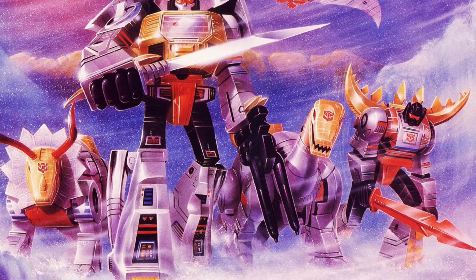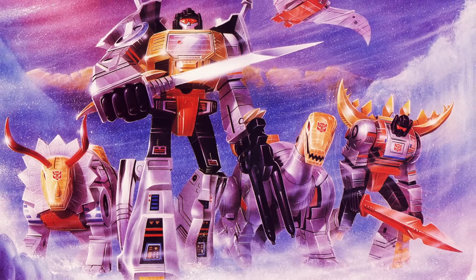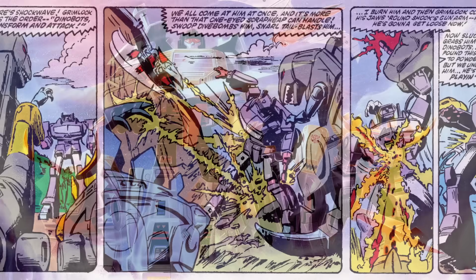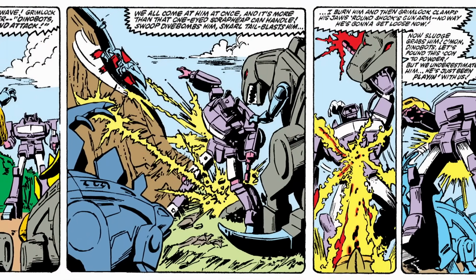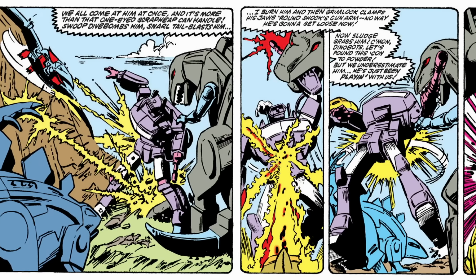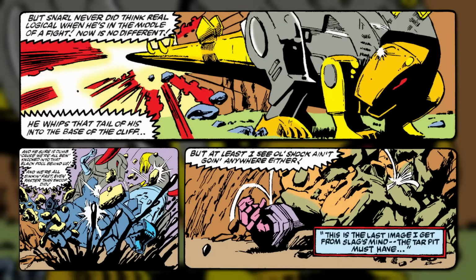SNARL and the Dinobots were handled very differently in the Marvel comic book, in which they were part of the crew of the Autobots' spaceship when it crash-landed on Earth 4 million years ago. Regular bots of normal intelligence, they were given their dino modes by the ship's computer when it reactivated them to battle the Decepticon Shockwave in the Savage Land, a prehistoric lost world hidden in Antarctica. It was SNARL who ended that battle by collapsing a mountain on top of Shockwave, but unfortunately, the avalanche also knocked the Dinobots into a tar pit where they lay stuck for millennia until being found and reactivated in the